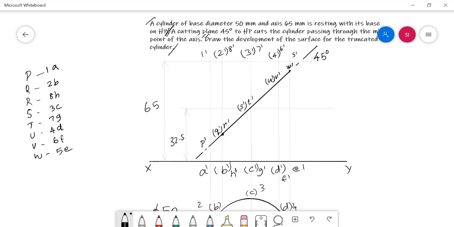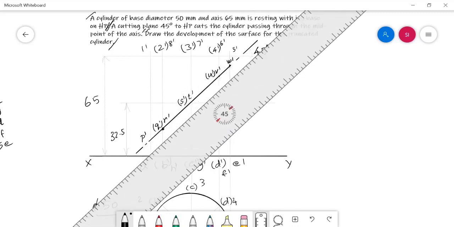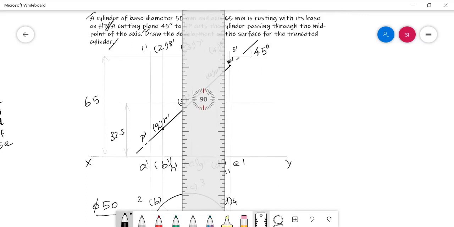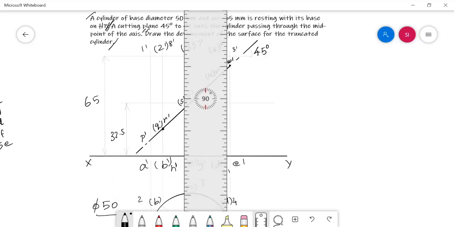Now we can decide which portion is the retained portion after sectioning of the solid. The portion just below the cutting plane is our retained portion. Here we need to darken the live edges, not like in the prism. It is actually a cylinder, a solid of revolution. So only the extreme generators need to be darkened with the HB pencil in order to highlight that they are the retained part.